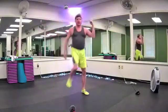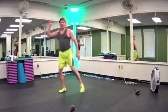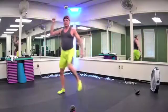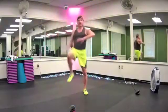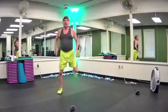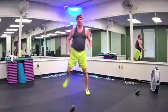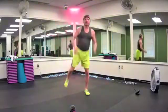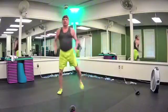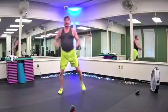Let's switch sides for 4, 3, 2, and switch for 4, 3, 2, and switch for 2, and switch for 2. Now alternate 4, 3, hamstrings, 8, 7, 6, 5, 4, 3. Let's do double hamstring curl for 4, double, for 3, 2, 1, back to single, 4, 3, 2, double for